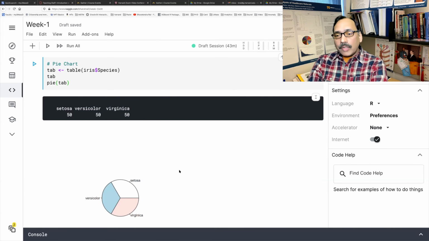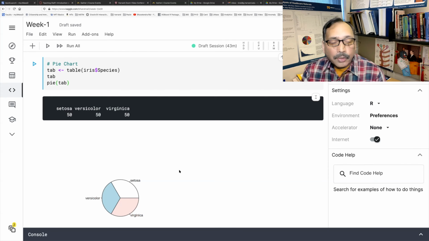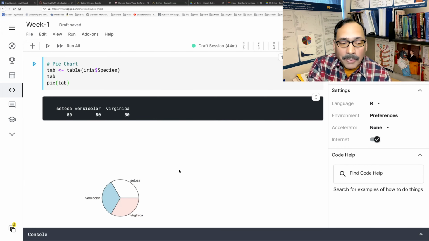Actually, in this class, we'll do a lot of data visualizations. And for anybody applying statistical methods or building statistical models, doing data visualization is one of the most important things. One thing to remember is whenever you make any visualization, make sure it is complete, like it should have a title. For example, this is a pie chart for species variable.